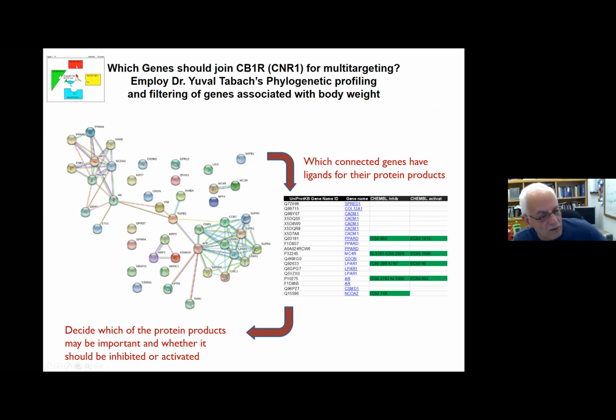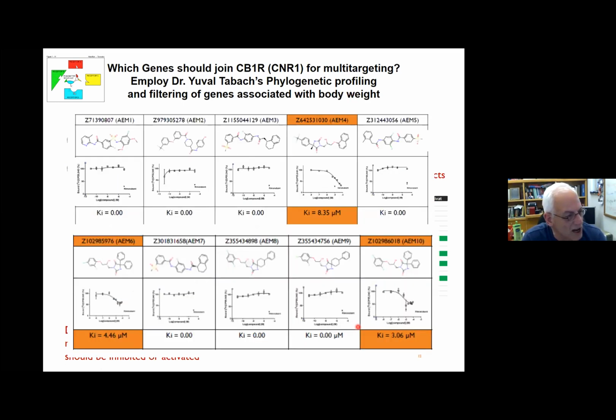So here's a small list of some of the ones that we found, some of them with antagonism, some of them with activation, and we wanted to decide which of the protein products may be important and whether it should be inhibited or activated. The question of inhibition or activation was directed to our pharmacological associates. They suggested that we look for, among others,